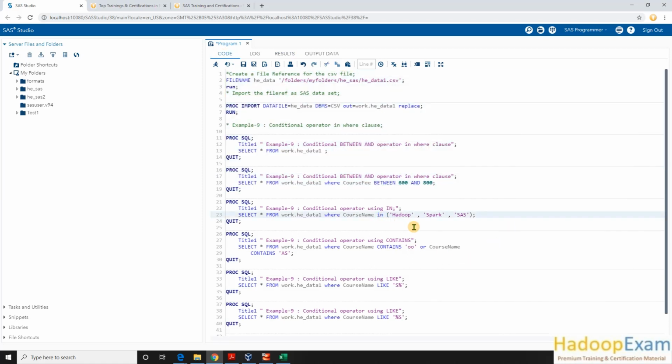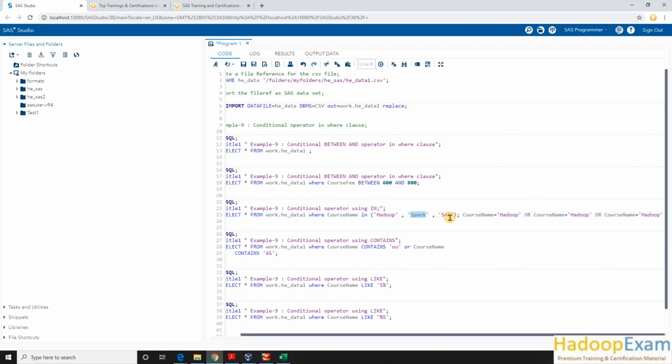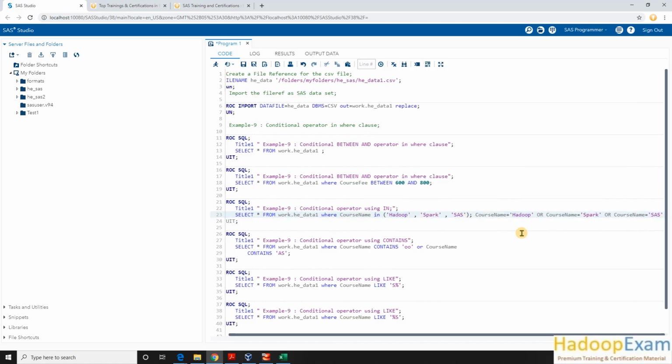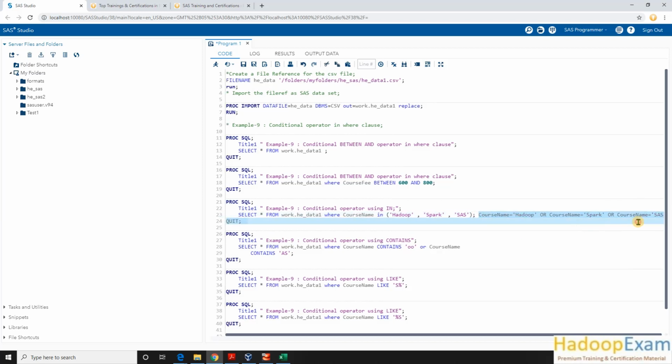Okay, now the in operator. Like we have seen, correct, like we have put the OR condition 3 times. Why do this? If I am selecting something with the same column, different values, I would rather prefer to use the in operator, which is equivalent to this. This in operator, if equal to this, is very equivalent to this OR expression. You can see this in operator and this OR expression, both are the same.